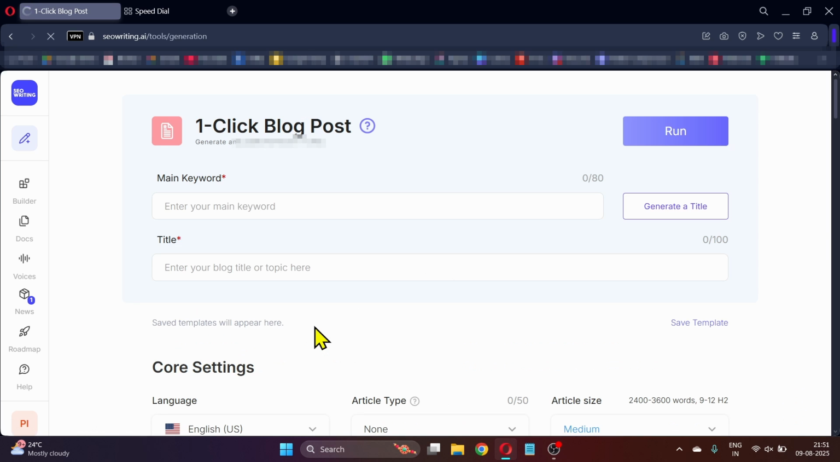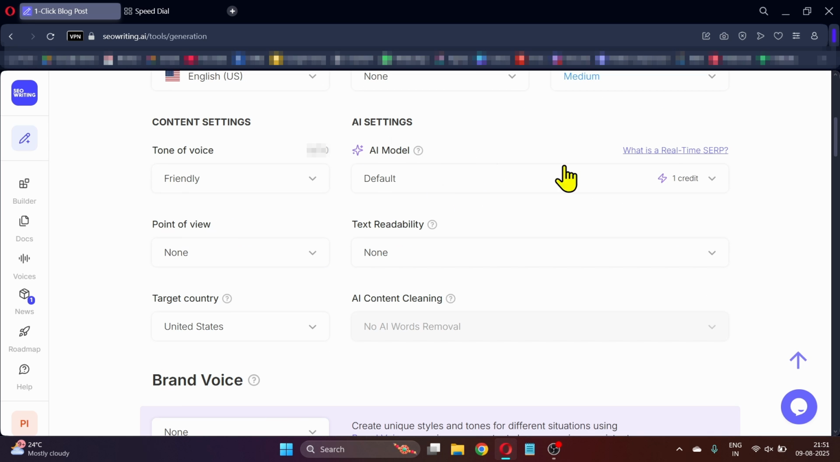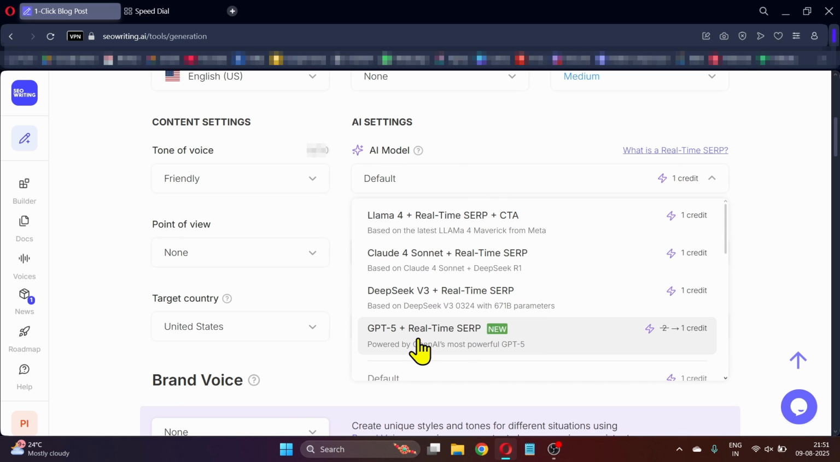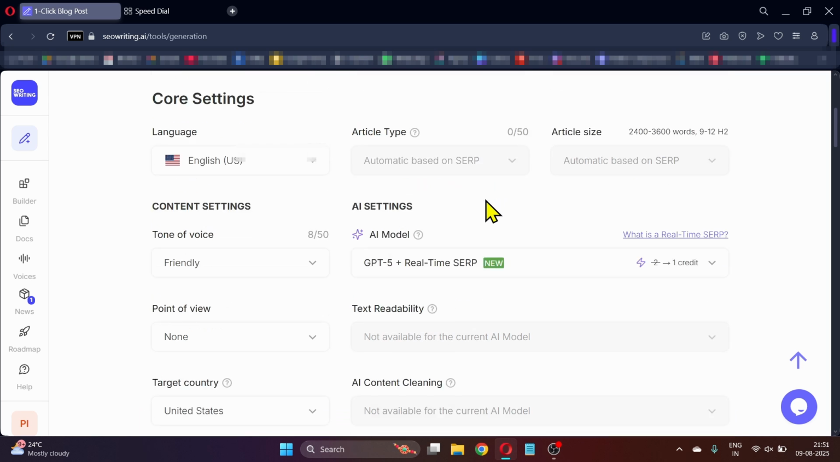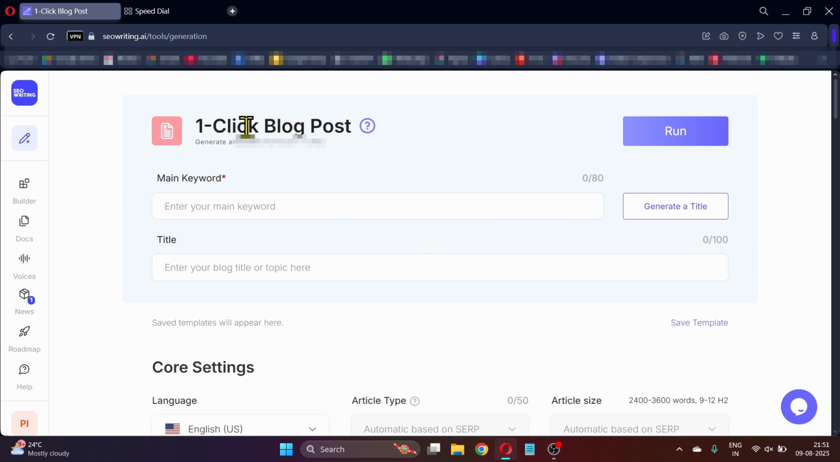Click here on one-click blog post, scroll below, and here we have the option of selecting our AI model. Here we have GPT-5 selected. You can see we have enabled GPT-5 and you can enter the remaining details and start generating your single SEO